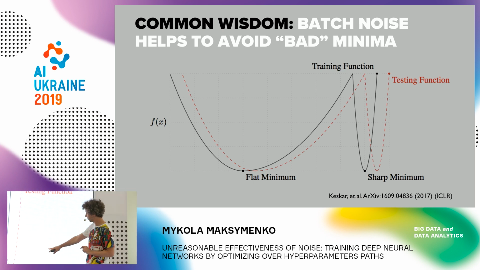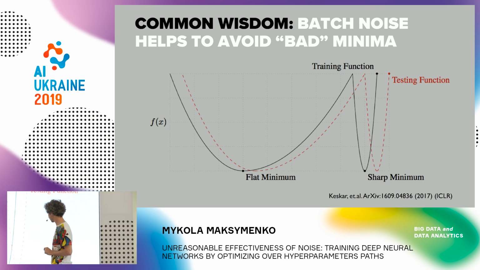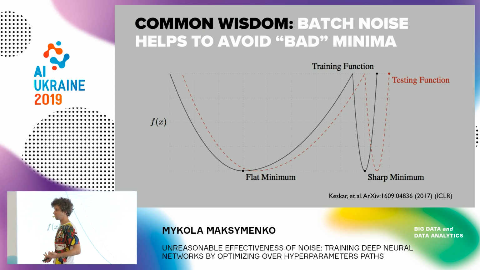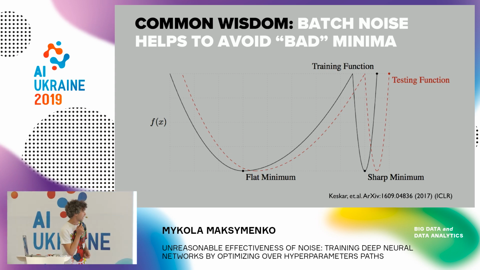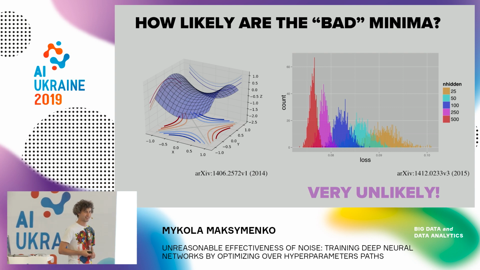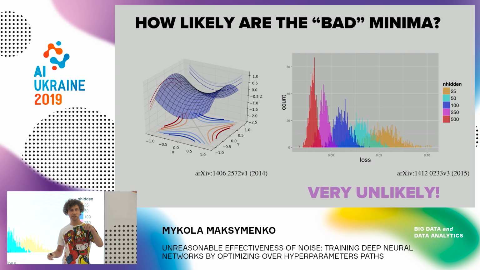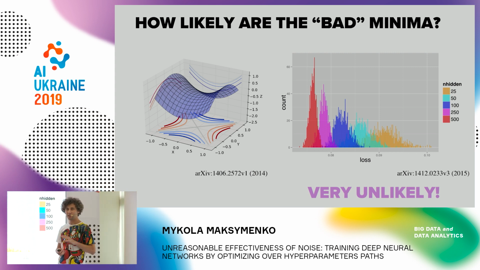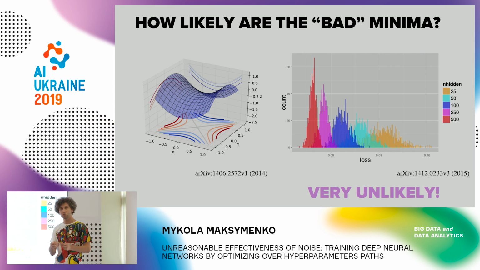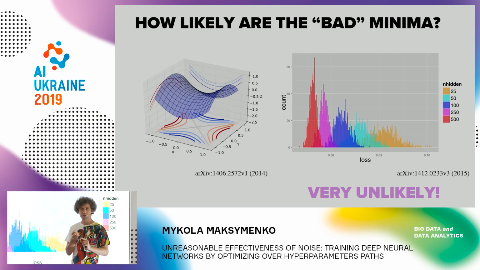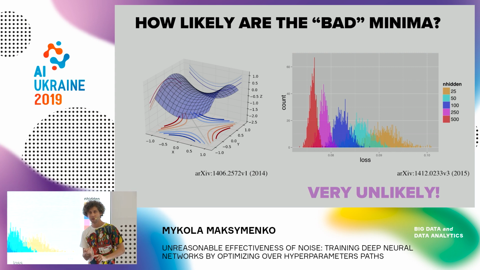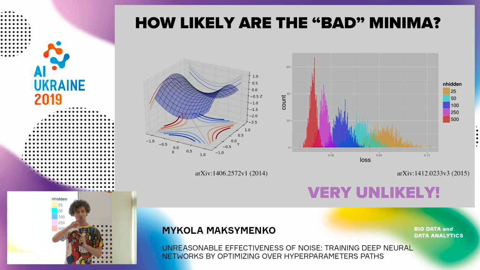And generally there is a paper you can read carefully on that. It's a very good paper, on why batch normalization works. But actually, it's not always true. If you want to find the bad minima in the model, the likeliness of having these bad minima in the model is almost zero. So it's very, very small. Imagine that you have a highly dimensional system. So it's very improbable that in all the dimensions, you actually have a minimum.